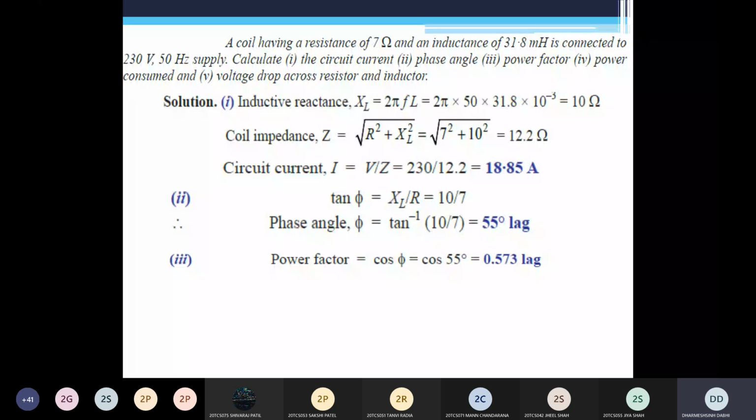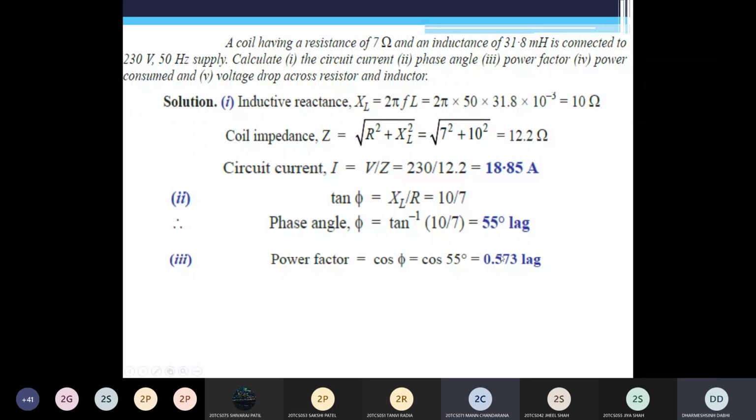Now, what is the power consumed? Anyone give the answer? What is the equation of power consumed by the circuit? We already discussed which power is consumed in your circuit, or what is the useful power? Sir, is the answer 95.93? No. First of all, give me the answer. What is the power consumed? Which power is consumed? Active power. Yes, active power. What is the equation of active power? True power. VI cos phi.